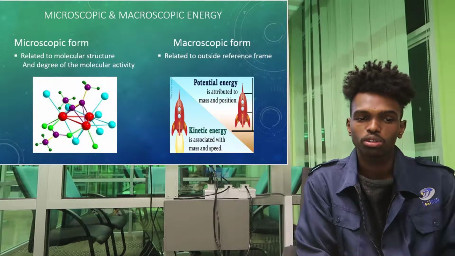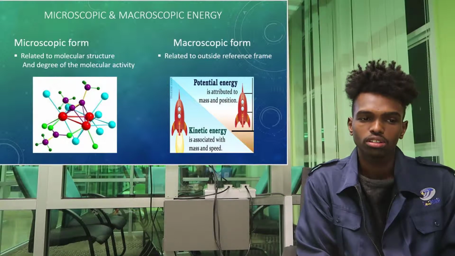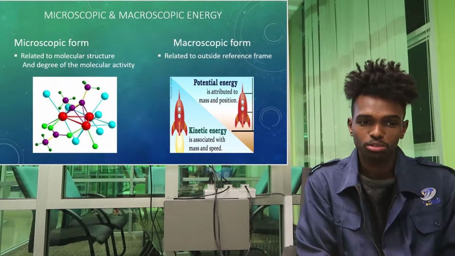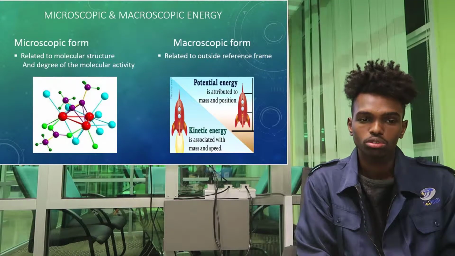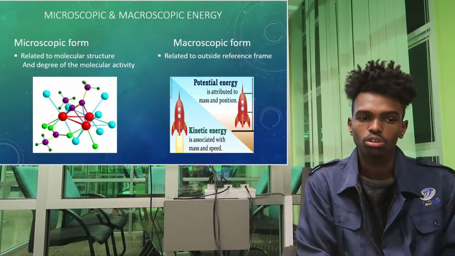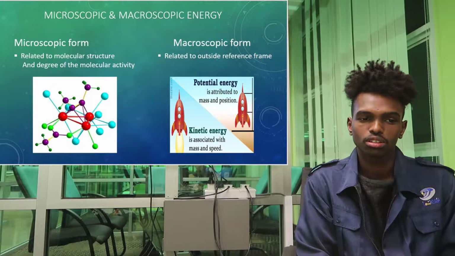The sum of all the microscopic forms of energy is called the internal energy of a system and is denoted by U. While the macroscopic forms are those a system possesses as a whole with respect to some outside reference